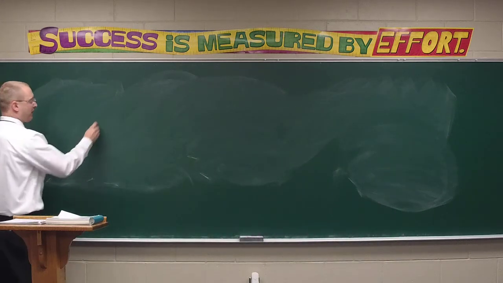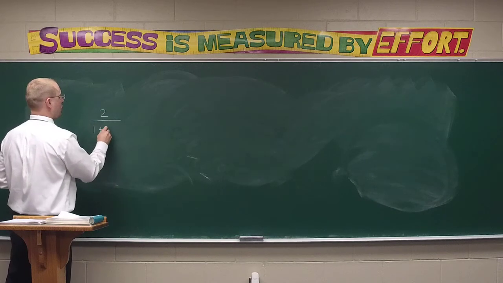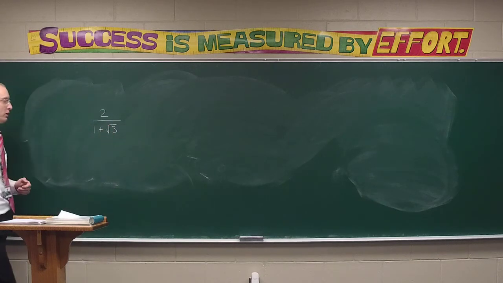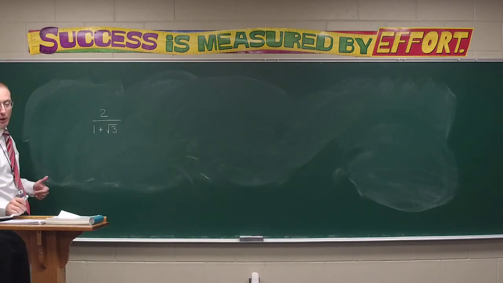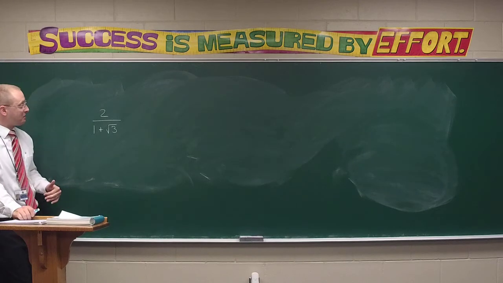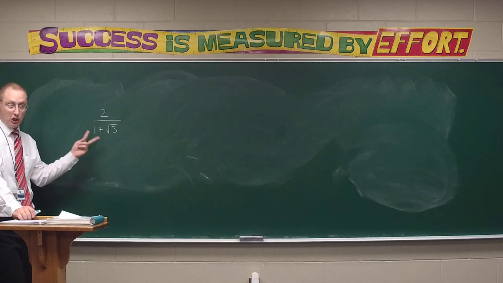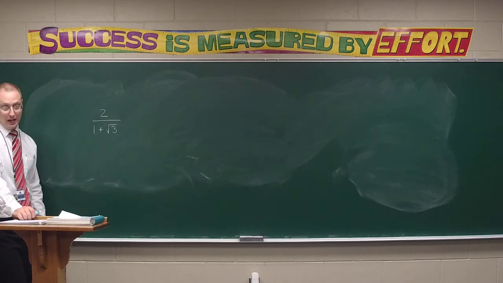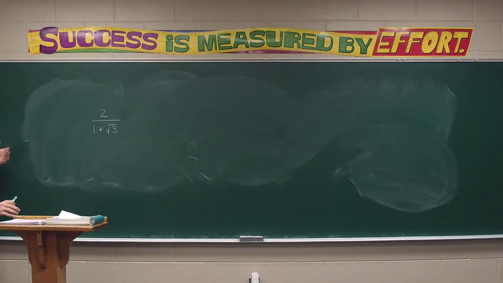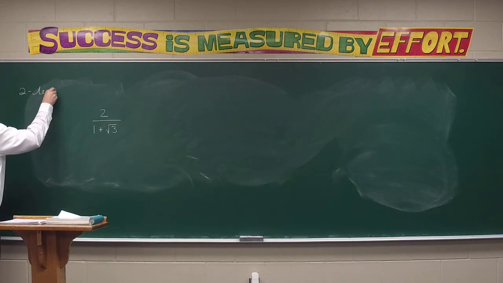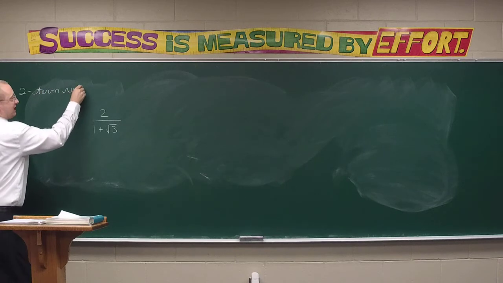But for instance, what if I had something like this, 2 over 1 plus the square root of 3? Well, here I have what I call a two-term radical denominator. I call it this because the denominator has two terms, and there's a radical in one of them. I'm not particularly creative. But when it comes to rationalizing a two-term radical denominator, that's the next section in your notes,